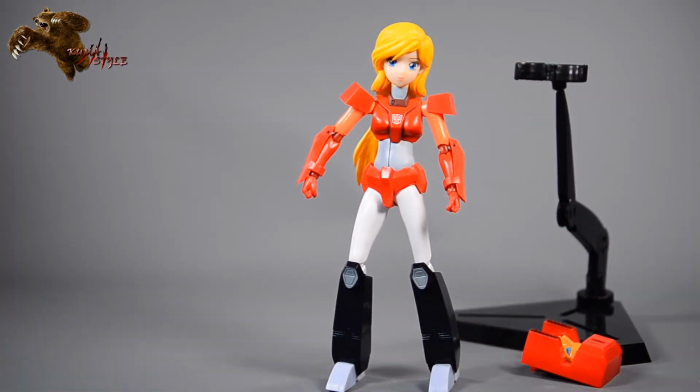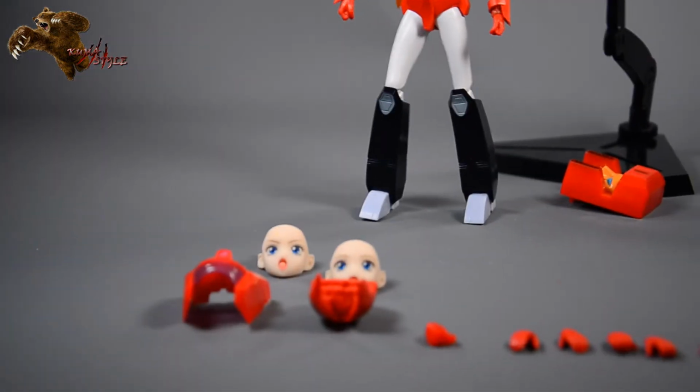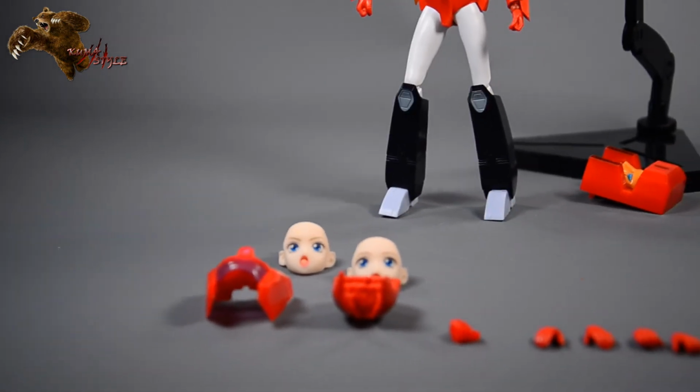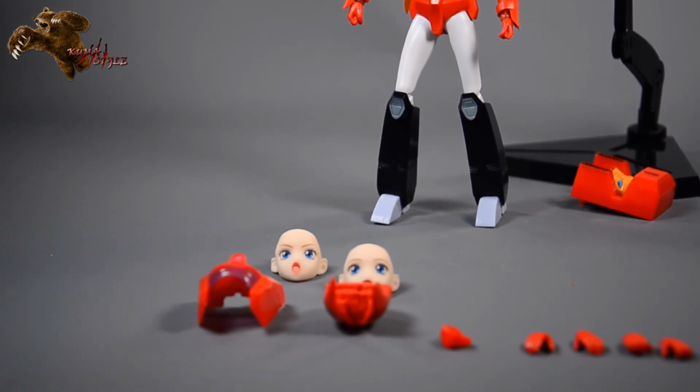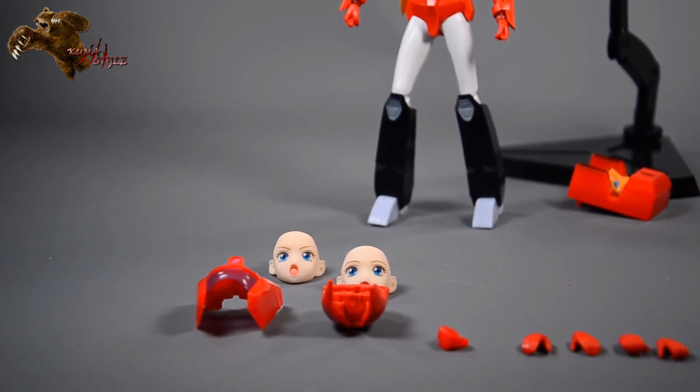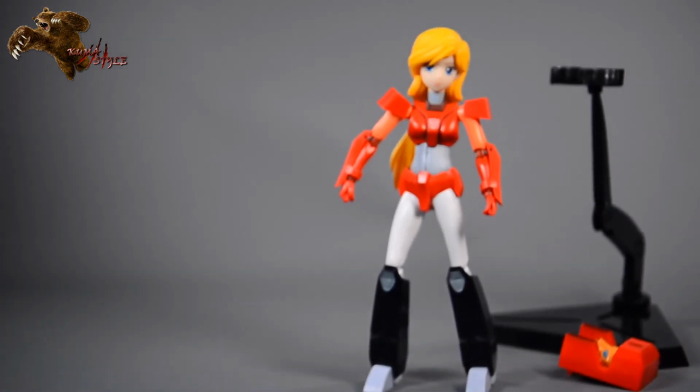So, alright. We have the straight face and the angry face. We'll get her into a little badass pose there. So we'll use the angry face. Alright, so what we've got to do,